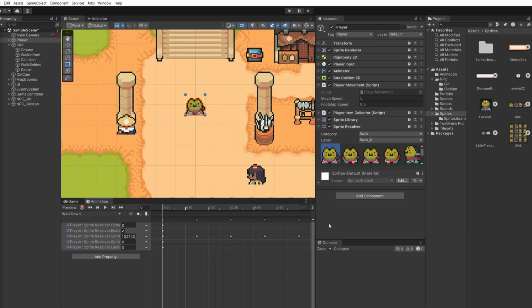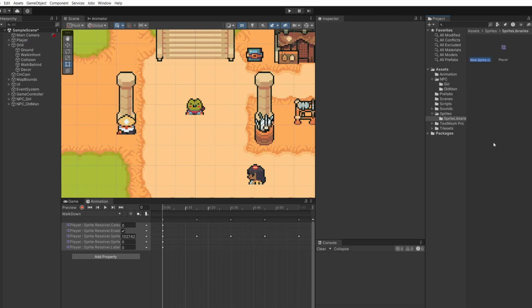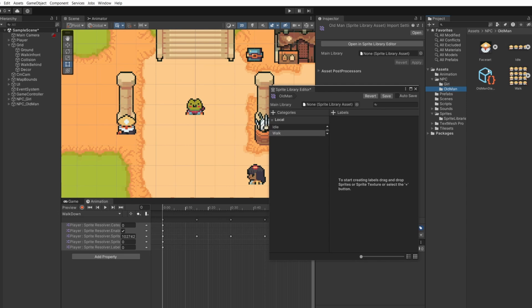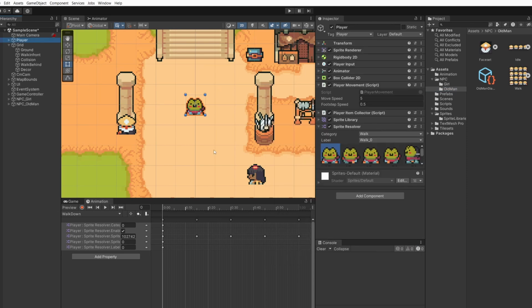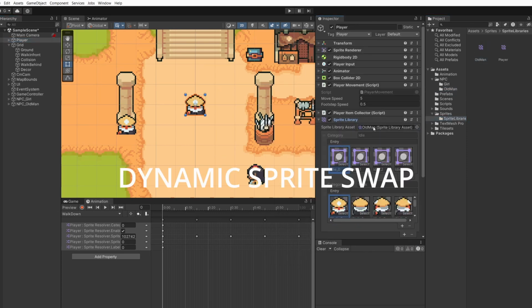But to show you an example really quick, I'm going to go to our sprite libraries, right click and create a new 2D Sprite Library asset and make one for our old man. If I go in Open Sprite Editor, we'll do the same where we go idle and walk. Then in my old man sprites folder, for idle, I'll drag in idle, and for walk, I'll drag in my walk. Click save. Now if I go to my player and drag in my old man sprite library, you'll see